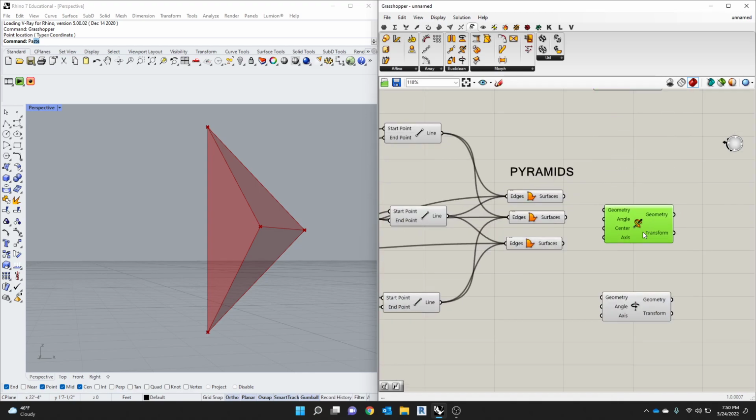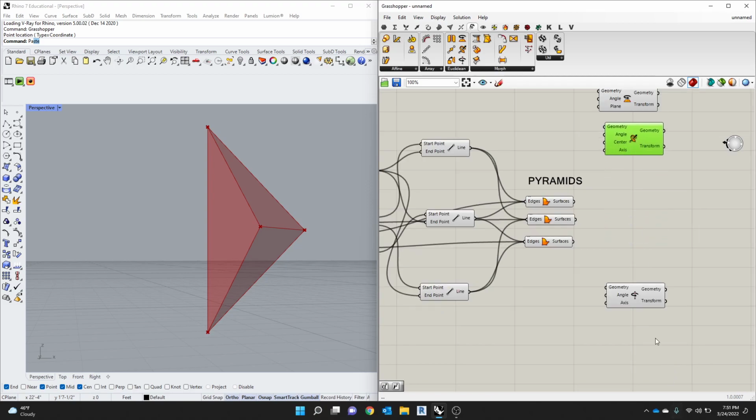Rotate 3D has a geometry, angle, a center, and an axis, which isn't going to work because we would have to then find the center point of all of these that need to be rotated, which we could do, but it's a little bit more difficult. So we're not going to use that. What we are going to use is the rotate axis, because that is probably the simplest version of this,